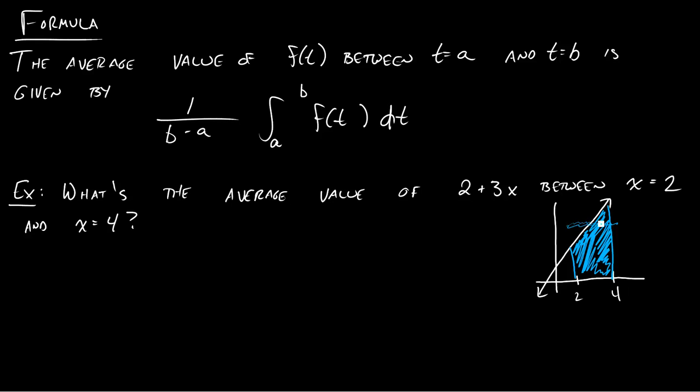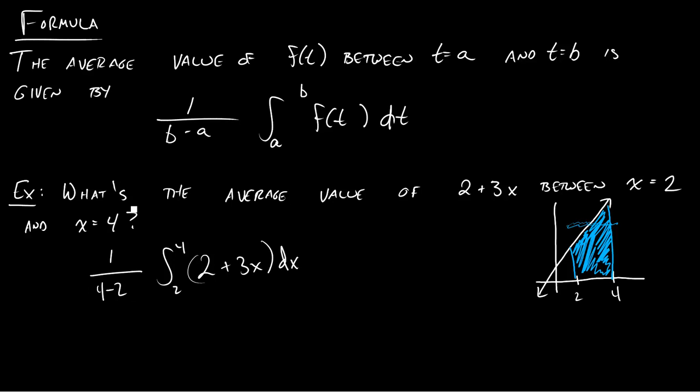So our value would be somewhere in here, and so to do that we're going to use this formula, right? We'll use the 1 over 4 minus 2 times the integral from 2 to 4 of 2 plus 3x